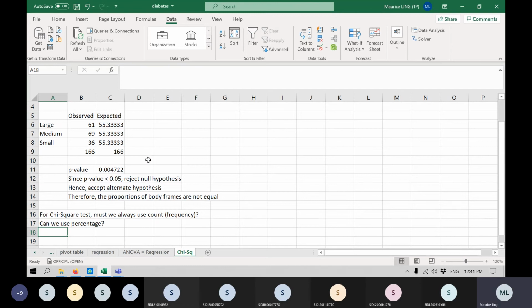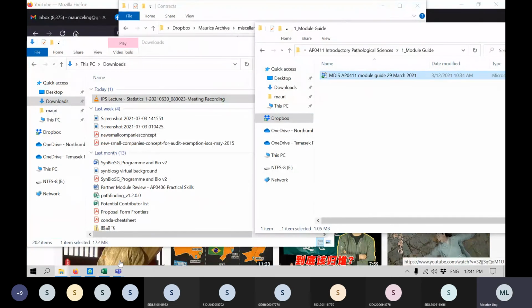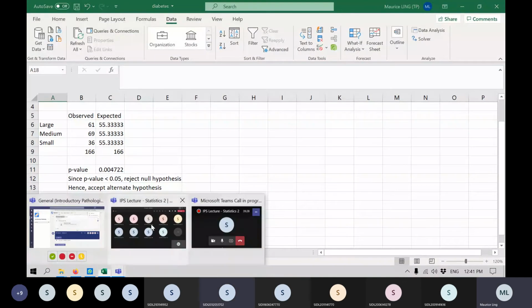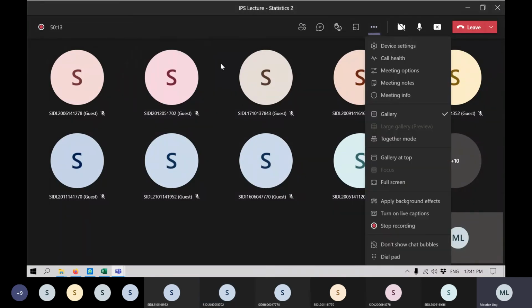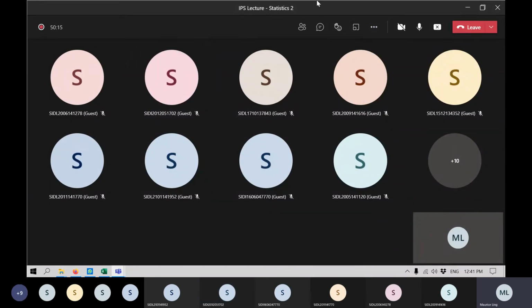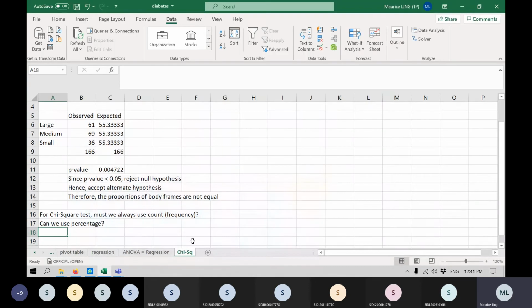Do you think you can use percentage? That means I convert all these to percentages. Anyone? Yes. Okay, so you say that you can use percentage. Let's try, because the reason why I ask this is that I do know of stats professors that tell me you can use percentage. But me, you can quote me, Maurice says that